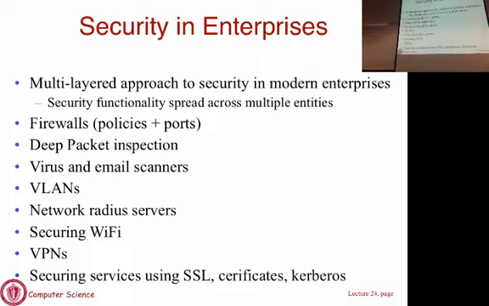All that I wanted to mention here is if you have a distributed system that is on some sort of a LAN or a WAN environment, securing it is not an easy task. Okay? It's not very straightforward, because there are all these entities in your network that you have to deal with. And you have to make sure that whatever you intend for this application to happen is reflected in these entities in terms of firewall rules, or it could be based on deep packet inspection systems, or VLANs and so on. Okay. So network configuration for security, which directly impacts the security of the distributed system, is a